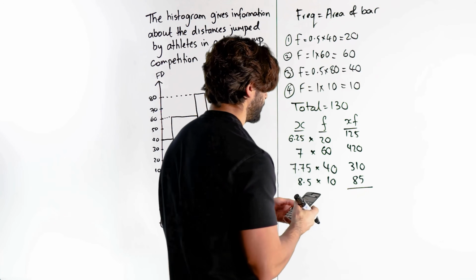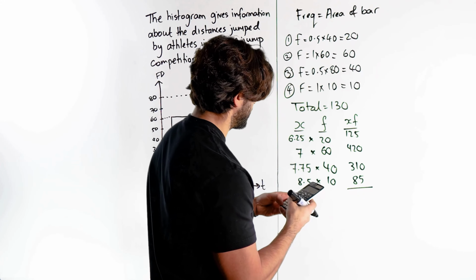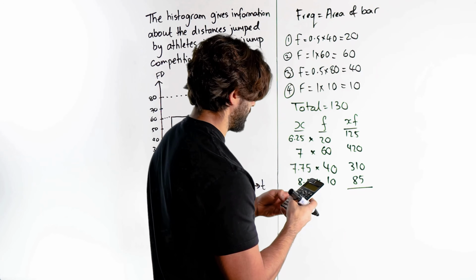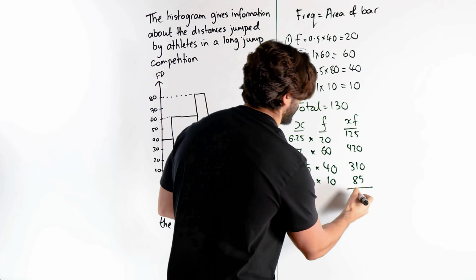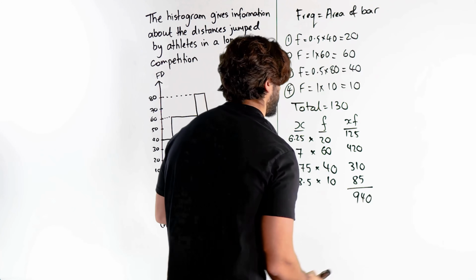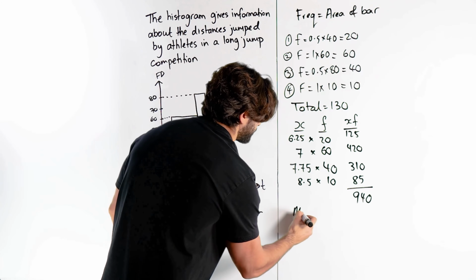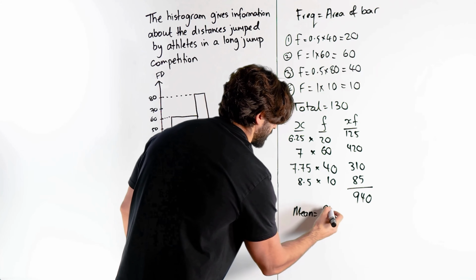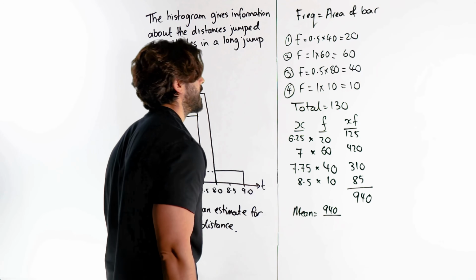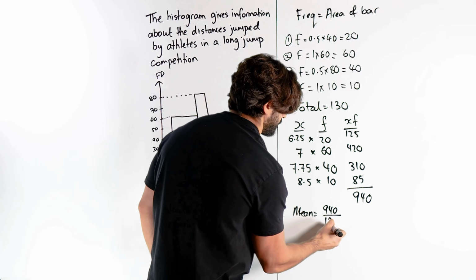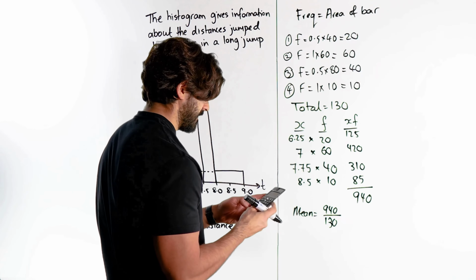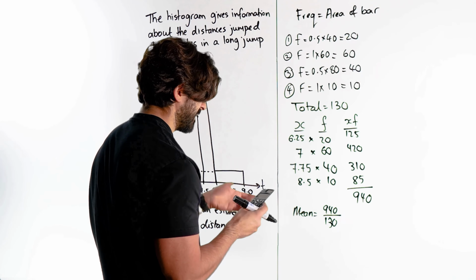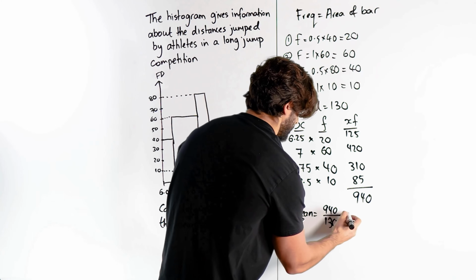So we total that up: 85 plus 310 plus 420 plus 125 is 940. So my mean is that total, 940, divided by 130, which is about 7.23